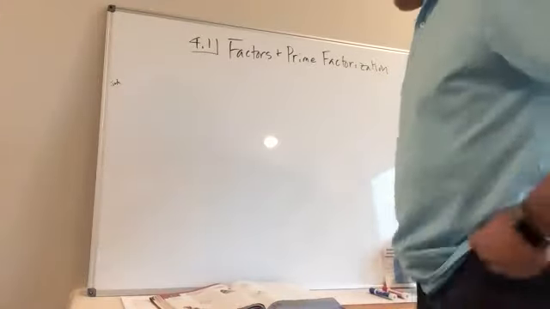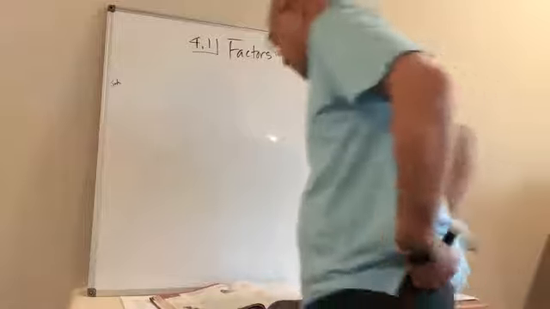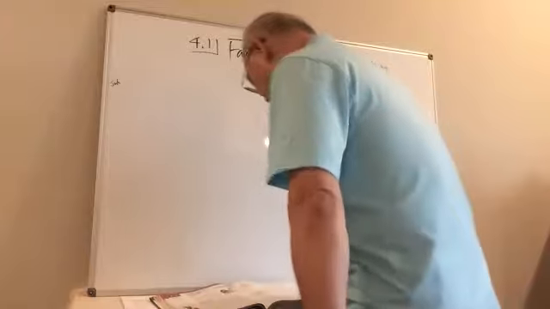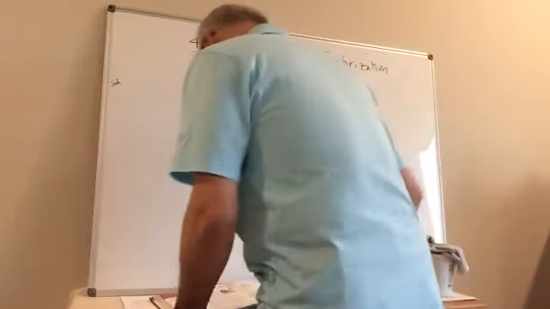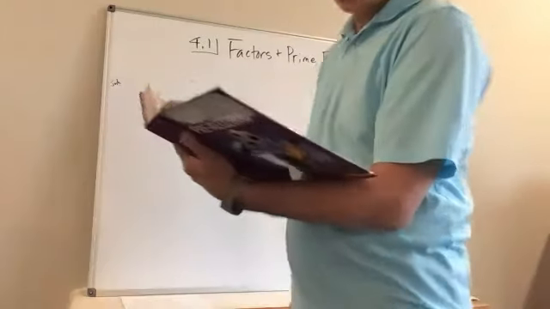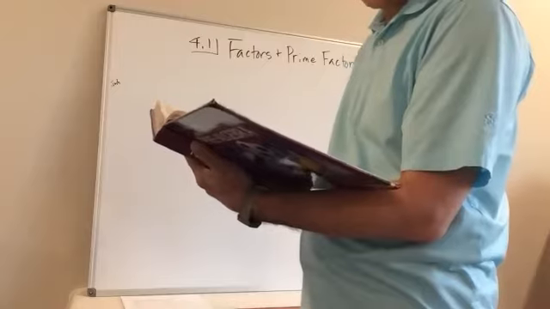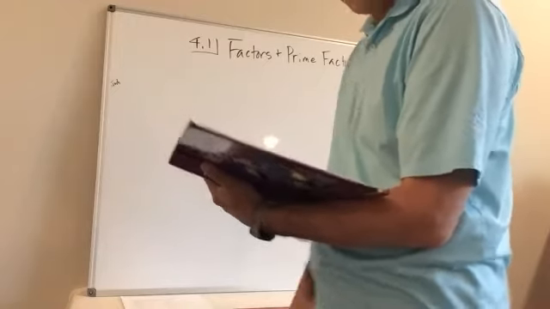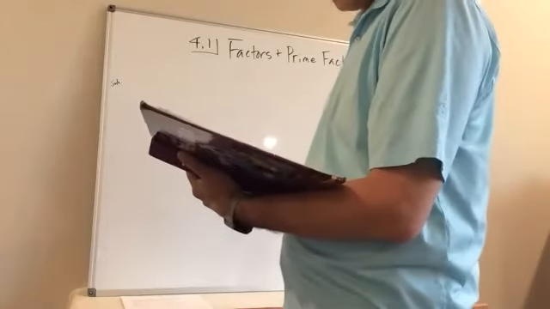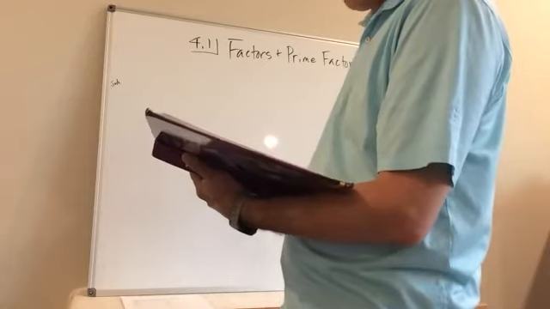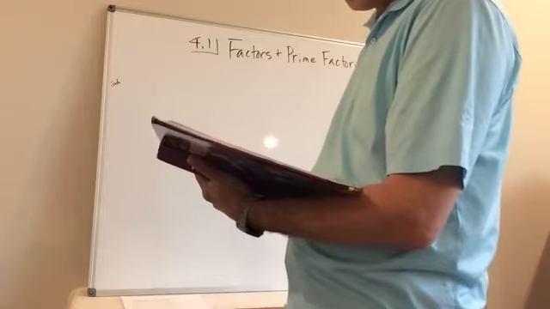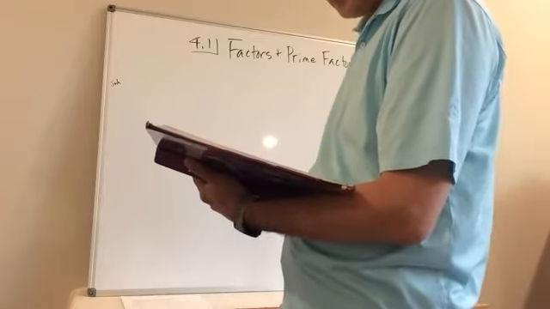Okay, so we're going to talk about factors and prime factorization. We're going to be on page 174. There's a yearbook example there. You're working on your school yearbook. Each page will have 24 students' photos. The photos will be arranged in a rectangular display with the same number of photos in each row. How many ways can you arrange the photos so that there are no more than 10 photos in any row